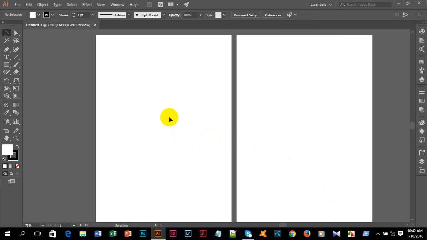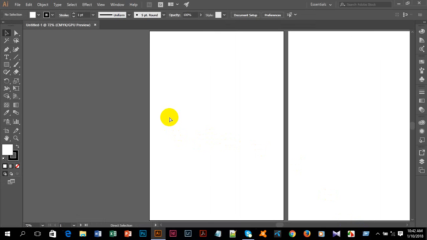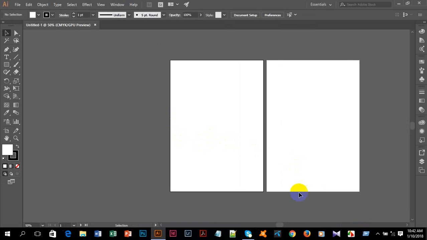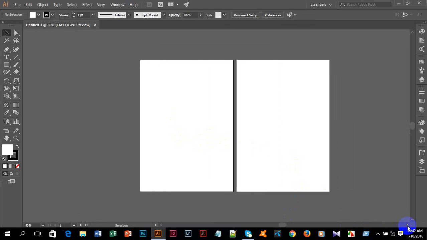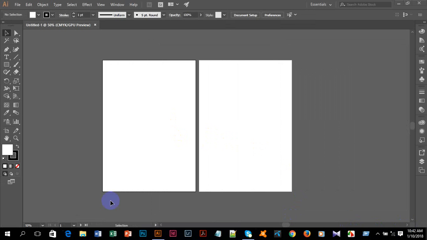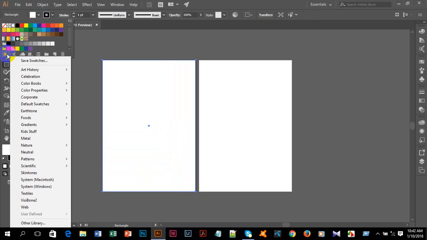After that, I'll left click here and press Control 0, otherwise Control minus, so that we can see both artboards. Then take the rectangle tool and make a rectangle here, and go to the fill color box and go to the library, and there is a library color, Foods.